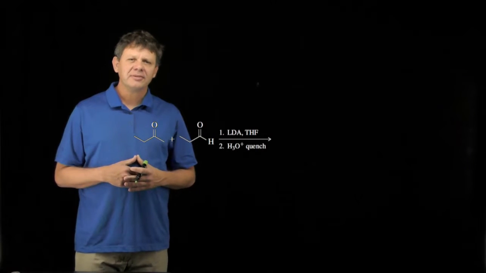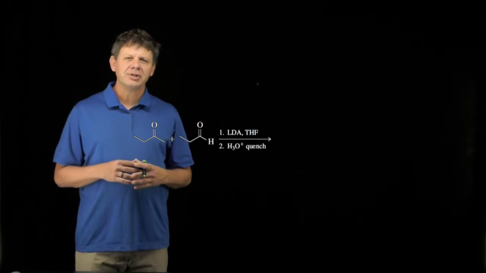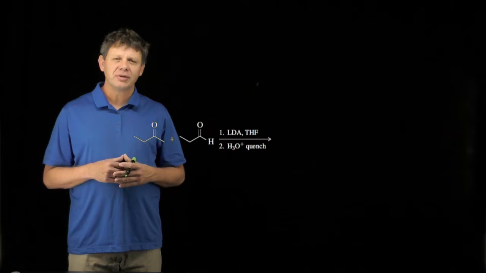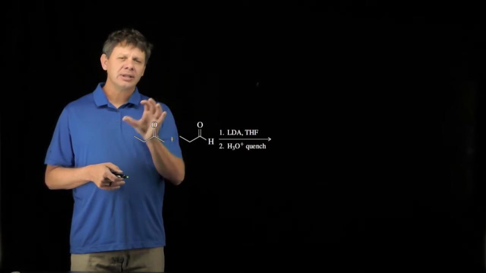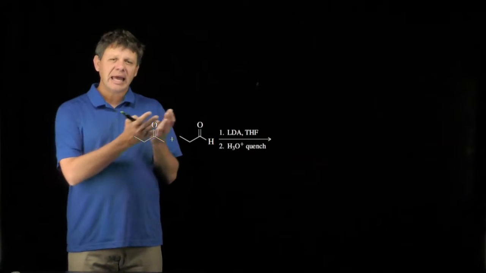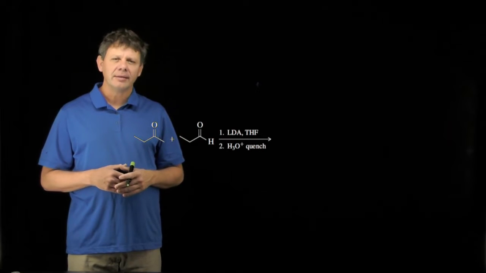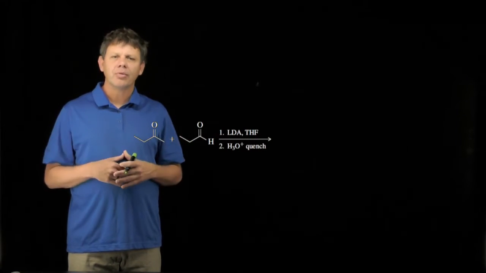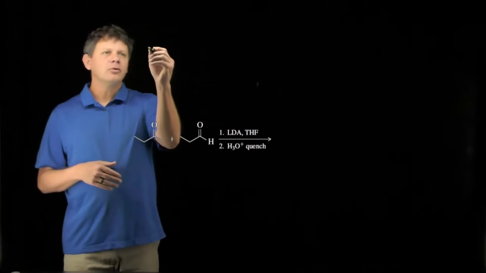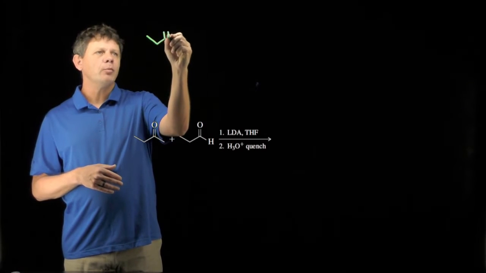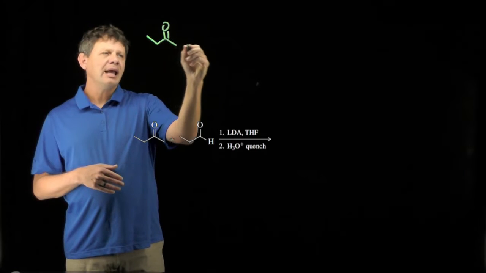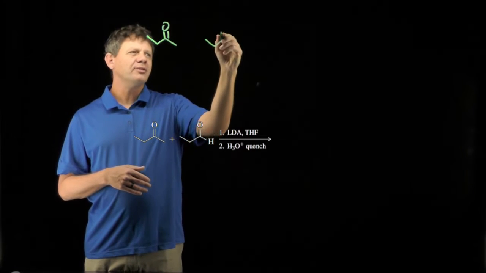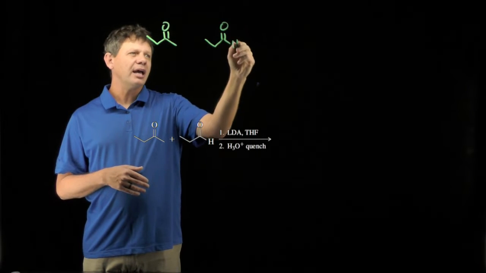This assessment asks us to consider what would happen if we changed the usual order of addition of these reactions, where we add LDA and the ketone, make an enolate, and then add the aldehyde. What if instead, this problem is asking, if we just had both present at the same time? So let's imagine that situation where the ketone and the aldehyde are both present when LDA is added to the